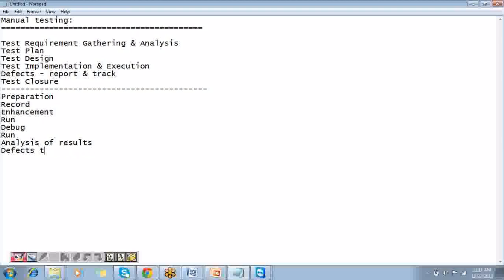So basically I can say that analysis of the results. Okay, and obviously if there are any kind of defects, then we are going to report and track it. We are going to report to the developer and keep a track of it. Okay,